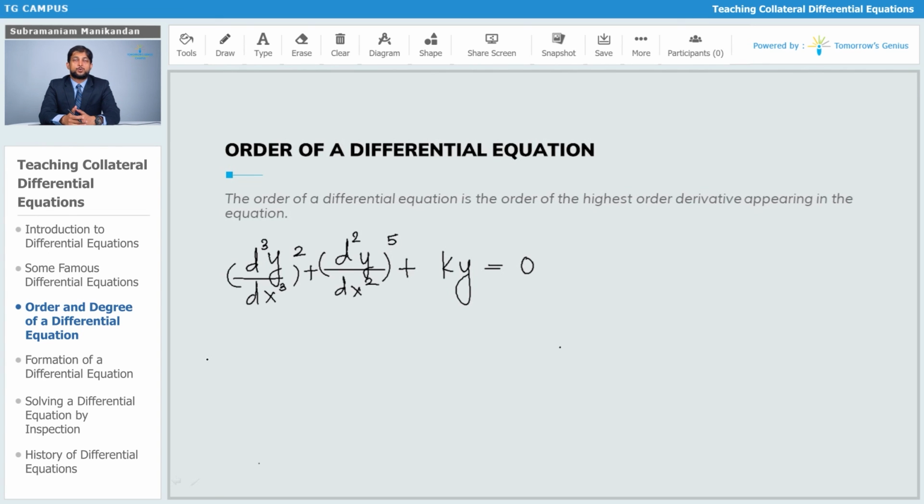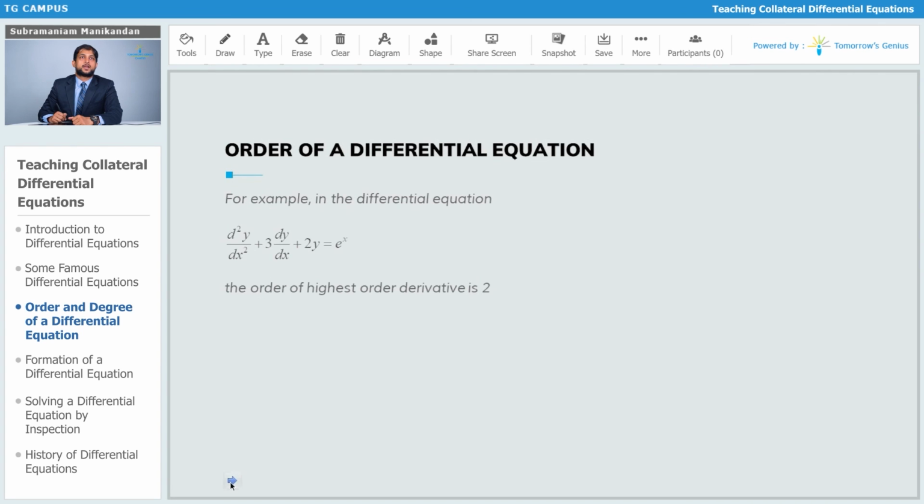But then that is the exponent of a lesser order coefficient. Therefore, the highest order coefficient is the first term and it has been raised to the power of 2. So therefore the order of the differential equation is 3 and its degree is 2. Alright, now let's look at